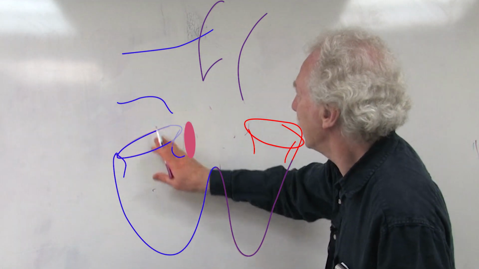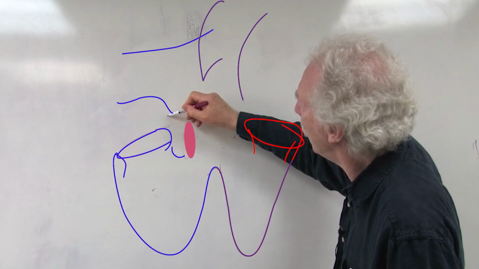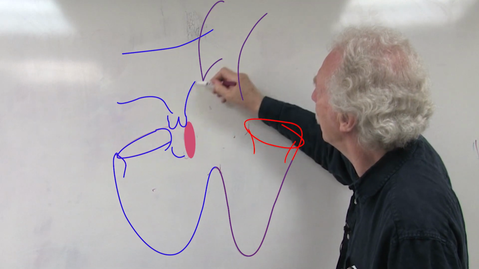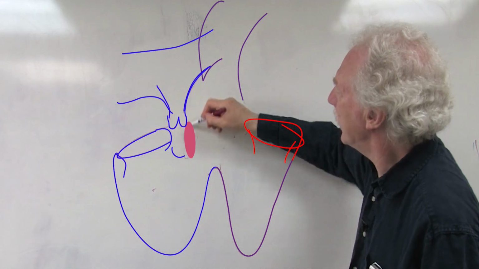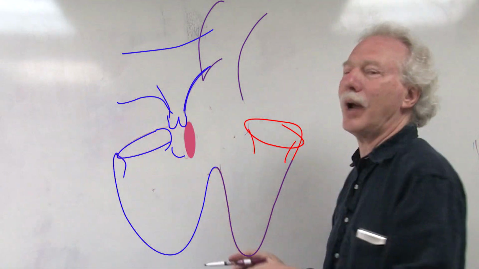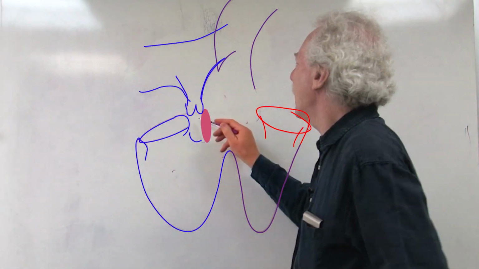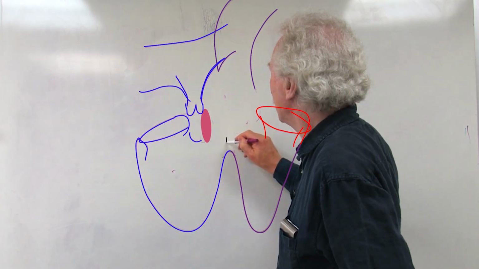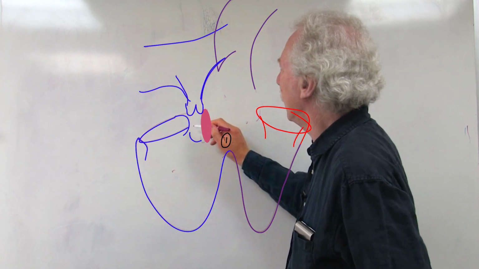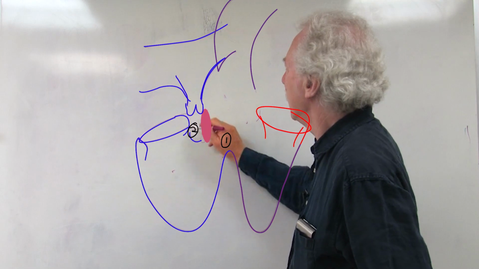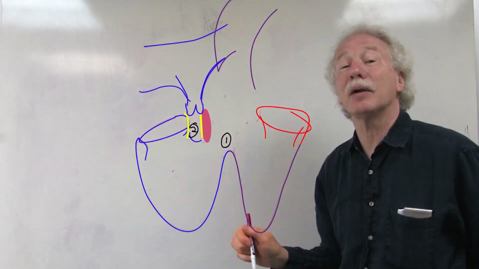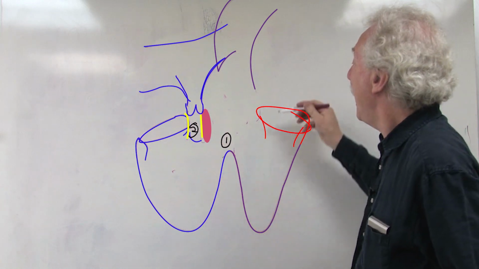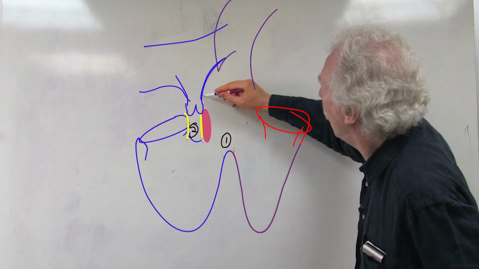What happens then is the pulmonary artery in the pulmonary outflow tract is squeezed between this conal septum and what's going to be the right ventricular free wall. And so we're going to have the VSD, which is our first part of Tetralogy of Fallot, and we're going to have the subpulmonary narrowing, which is the second part of Tetralogy of Fallot,